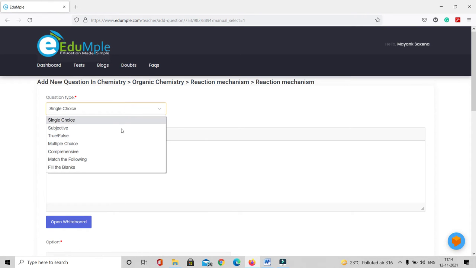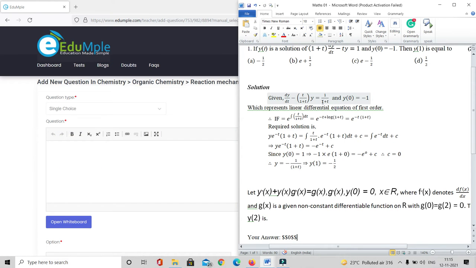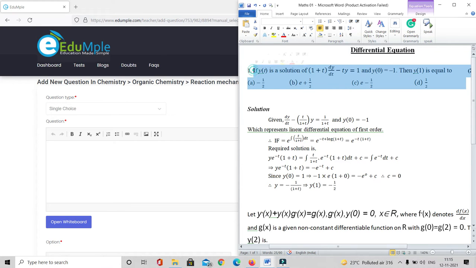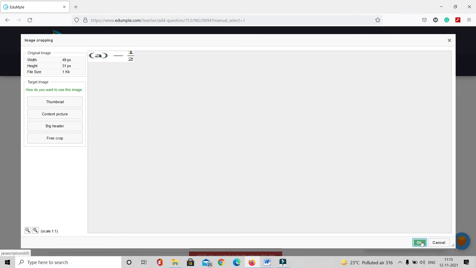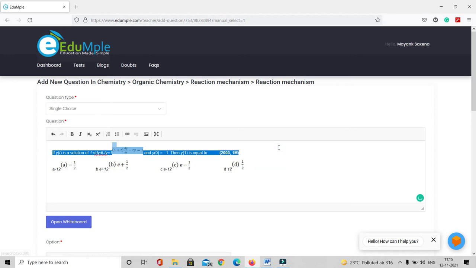And now over here we can add various kinds of questions. So for example, I have this list with me. Now this is a simple maths question. I can select it. Don't put any numbering like 1, 2, 3, 4, and paste it over here. It will automatically ask for images, and if you have any images, it will automatically ask for it. So it has asked for it. Now you can reduce the size of it to make it better, just the way you do it in a Word file.